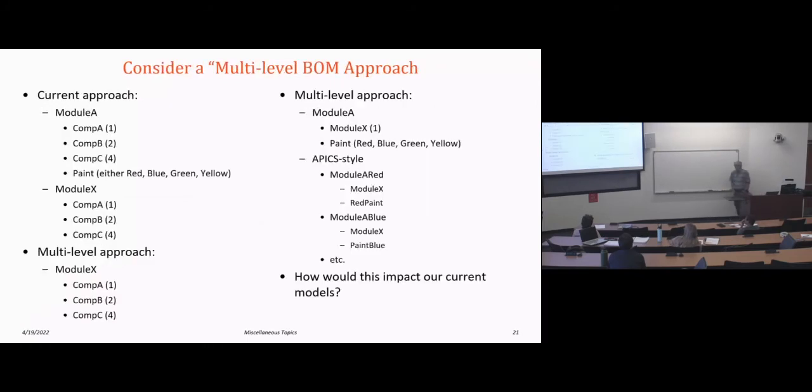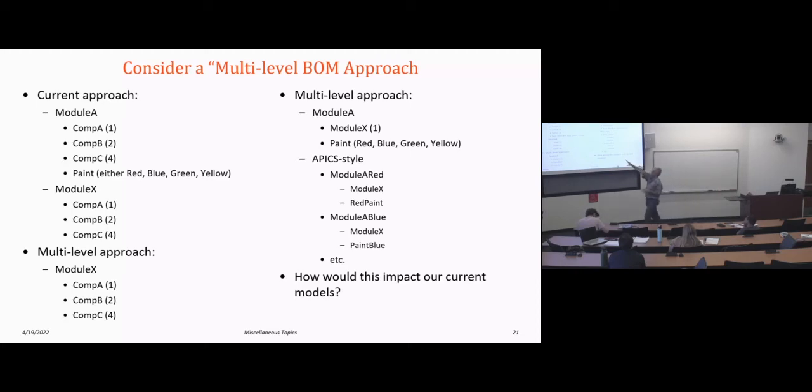And then I mentioned one other idea that you consider, something called a multi-level bill of materials. If you think about it in case study 4, we introduced module X, module Y, and module Z, which were just unpainted versions of module A, module B, module C. So a module A is just a module X that you paint. And the idea of a multi-level bill of material says we're going to define it that way, right?